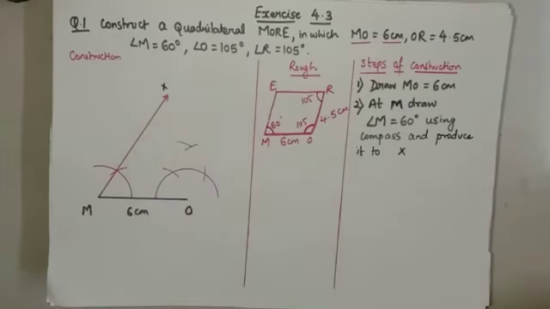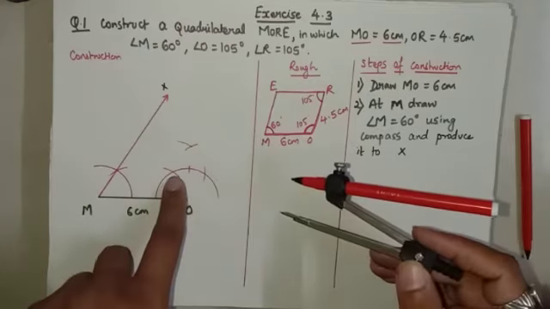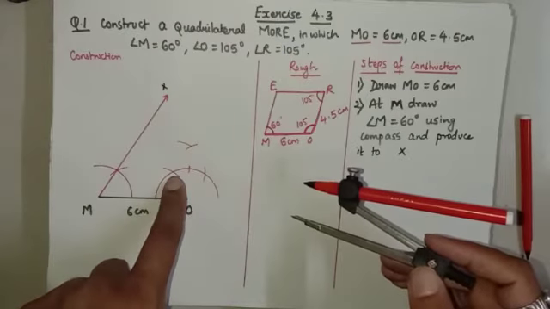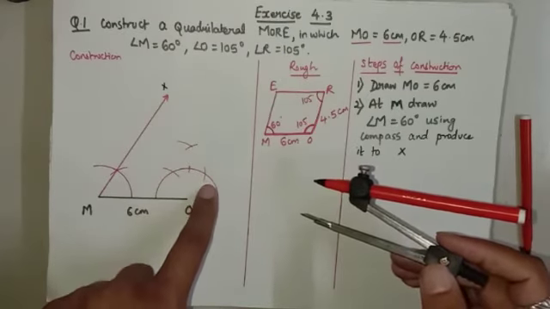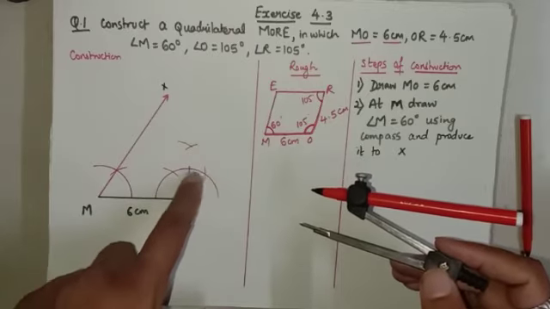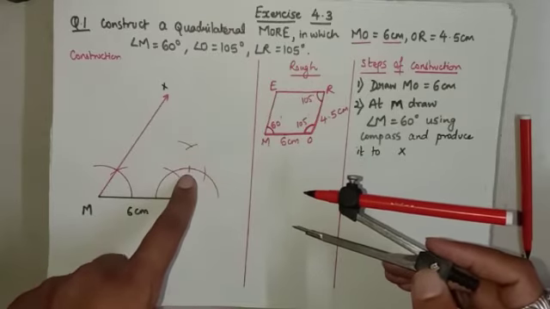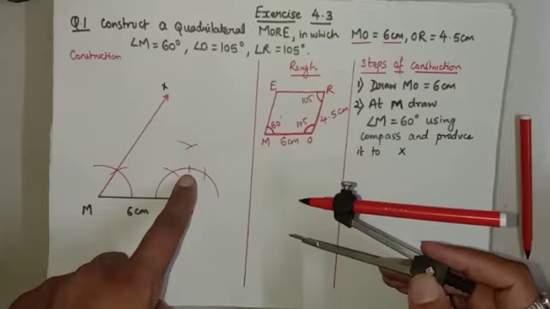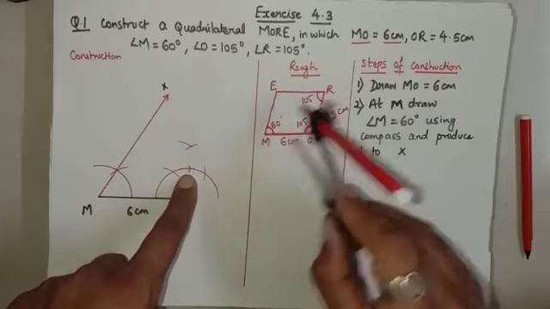So here I am marking it. This is the point of angle which is equal to 90 degree. Now see, we know that this arc is of 60 degree. This point of intersection is of 60 degree. This point of intersection is of 120 degree. And this point of intersection is of 90 degree. So between 90 and 120 I get 105 degree.